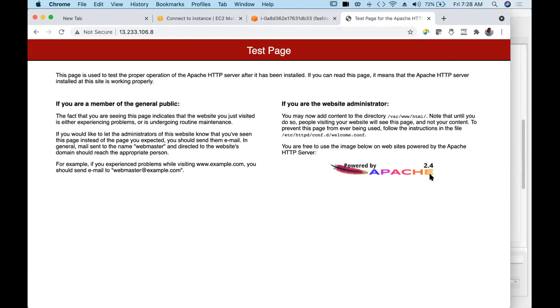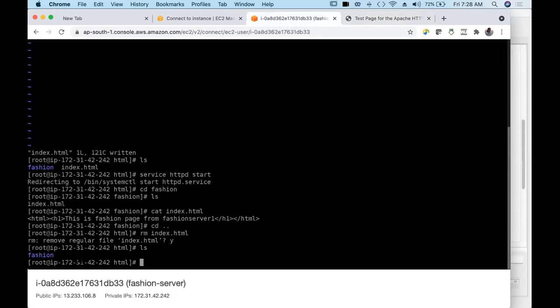Clear, Farin? Did you figure out your mistake? Yes. So either you have directed your traffic by just giving the IP address without using the path, or there is no index.html in your fashion folder. Okay, so try this. If you're not getting it, at the end of the session I'll make you share your screen for 10 minutes.